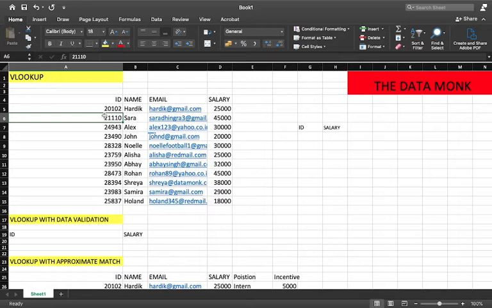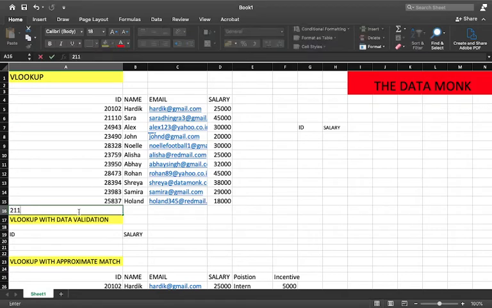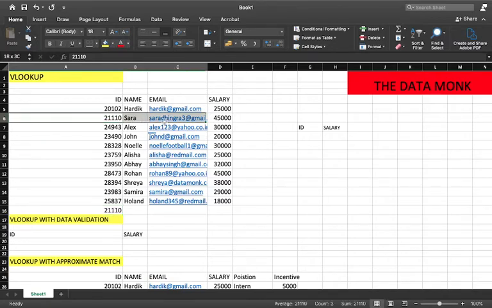The next rule, rule number 2 for using the VLOOKUP function, is that you cannot have duplicate values. That is, the lookup value should be unique. So if you have 21110 here, for example, and say you have another field for 21110, although that can't happen, employees can't have the same IDs, but for example, if you have 21110 here also, and you run the VLOOKUP function, it will fetch you the value which comes first.